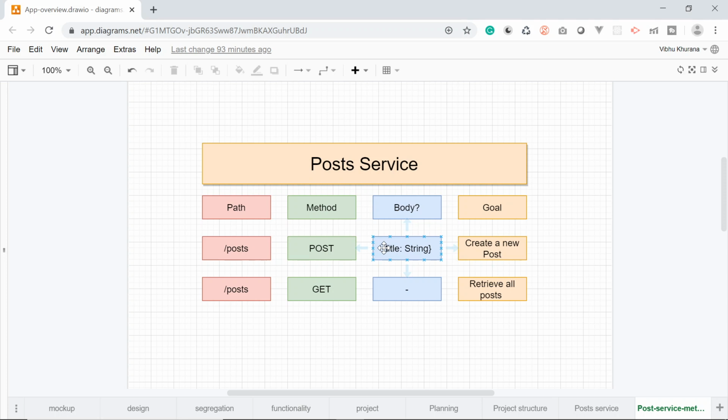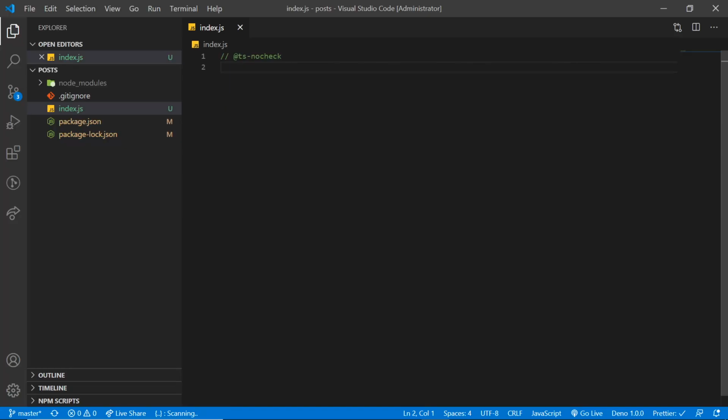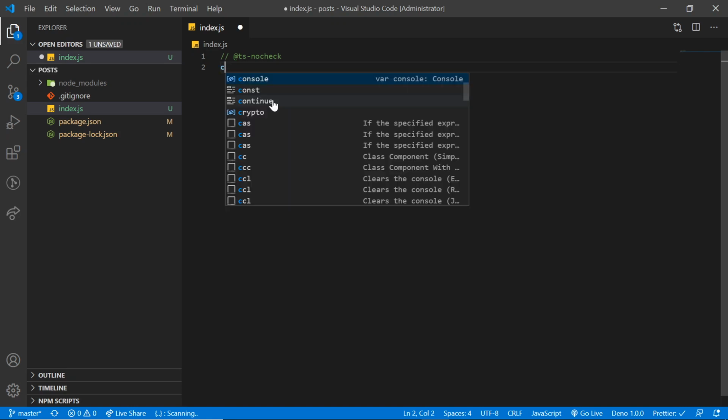Now let's jump to VS Code and do some hands-on. Inside VS Code, I have already created an index.js file. Here we are going to build a very small Express application that is going to implement post and get methods for post service. So first of all, we will require Express.